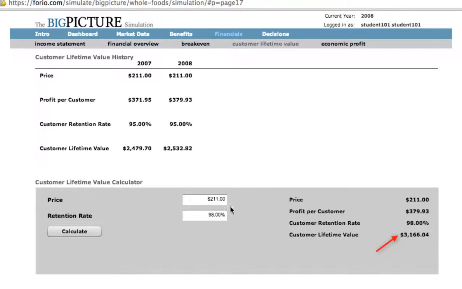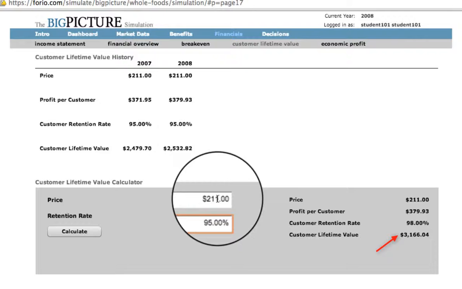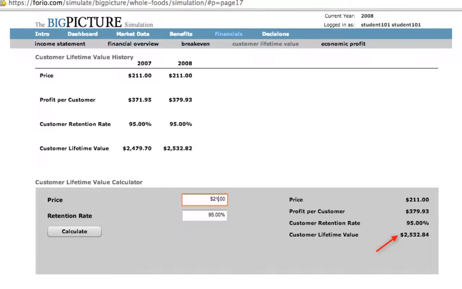Or we can look at what would happen if we didn't increase the retention rate, but instead increased price and were able to somehow maintain the retention rate at the same rate. And again, we can see that impact on our customer lifetime value. So this is a terrific calculator for evaluating what the longer-term impact of our decisions is in terms of both